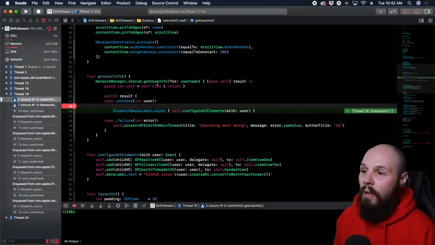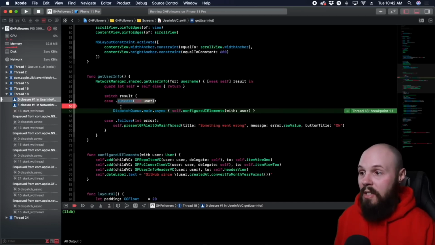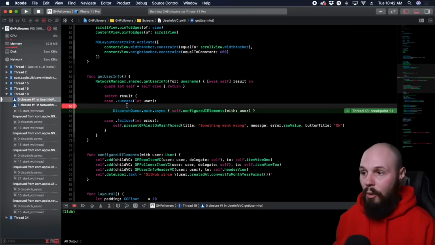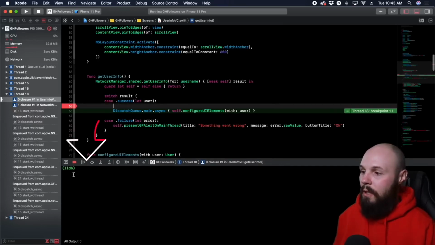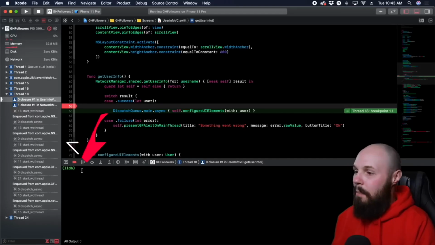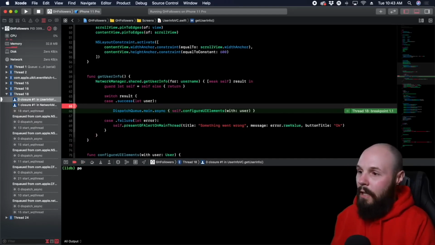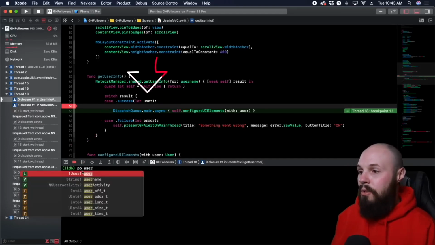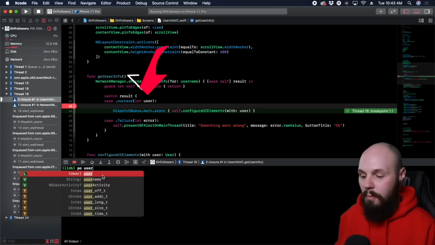Well, here's the network call that we're making, and then we got a success, and it went right here. So 65, it broke. So that means the code went into the success block of the switch statement, and then right here is where I stopped it. So now I can see, hey, I have a user. So here in my debug console, let me scroll up here, I can do po for print object, and I can do user because I have the user right here. It depends on what scope you're in, but if I print that out,